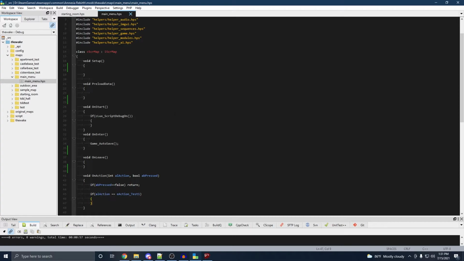The only functions we really need are on enter and on leave. Technically, we could really just get rid of all of these, but you can do some more changes here in the main menu script file here. So you can edit this if you'd like. But again, for today's episode, we just need the on enter and the on leave functions right here. So now let's talk about what we're gonna do here in these two functions here. So first thing we want to do is we're gonna go ahead and clear this game autosave here,